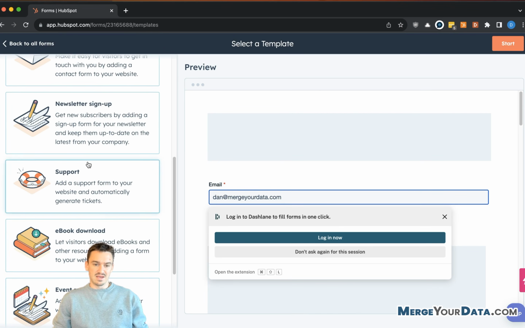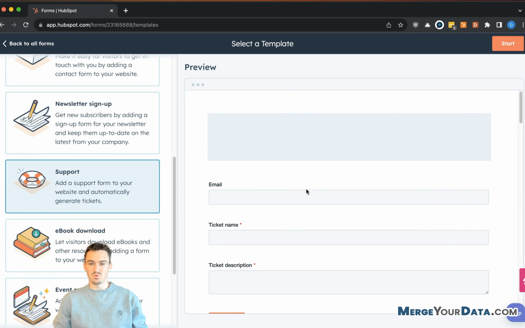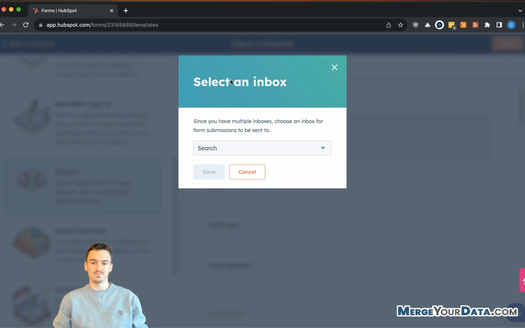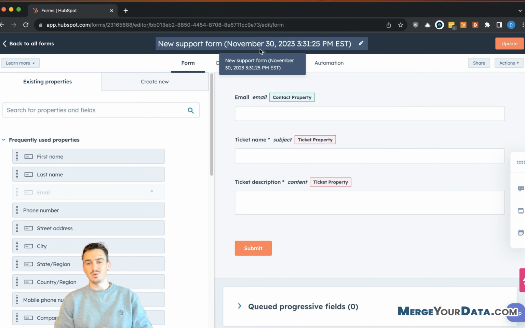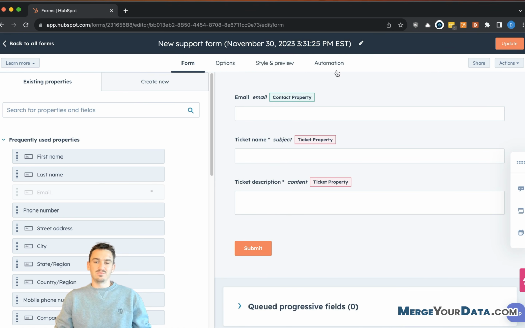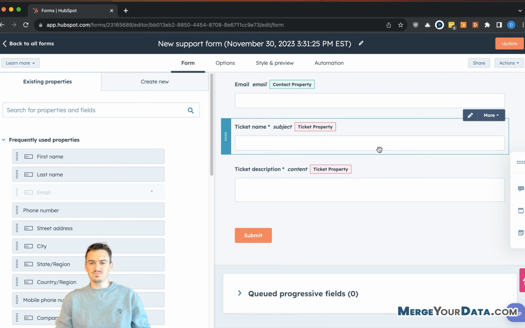And then what I'd like to do is go down and select a support ticket and click on start. And so if you don't have an inbox connected already for referrals, then you could set that up. I'm just going to use inbox right now and then save that. Best practice would be to go and set up a separate inbox specifically for referrals and expansion tickets and stuff like that. But for simplicity purposes, we're just going to use the general inbox here so we can keep going